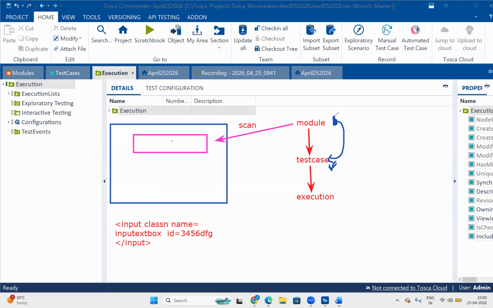Once you are ready with the module, drag and drop that module. It doesn't matter if the module was created by yourself or by someone else. Once the module is there, you can reuse it and build the development of your test case accordingly. Is this flow clear to you? I'll show you a simple example right now. So this explanation is clear.